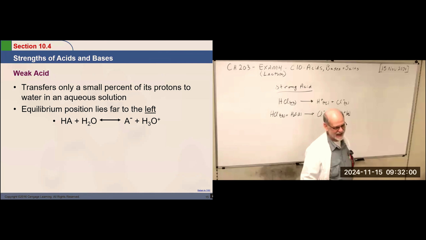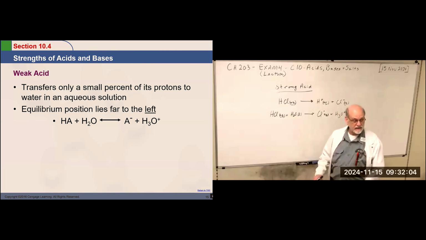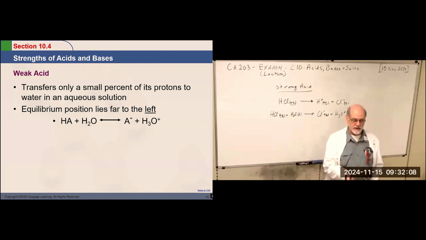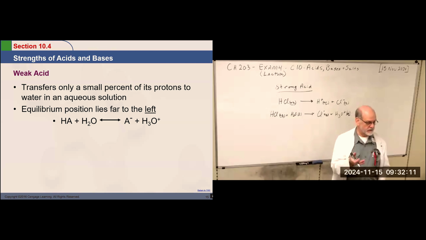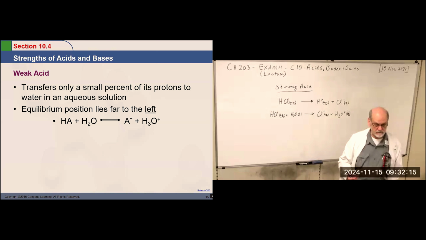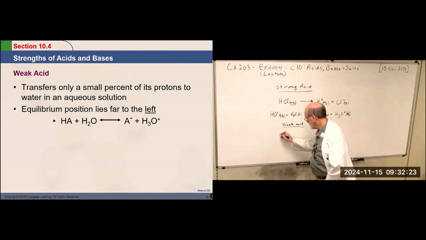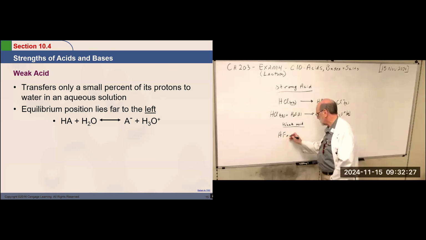It's considered a weak acid. In chemical terms, a weak acid only gives up a small percentage of its hydrogens to ionization. So HF is an example of a weak acid. It would be HF aqueous plus water